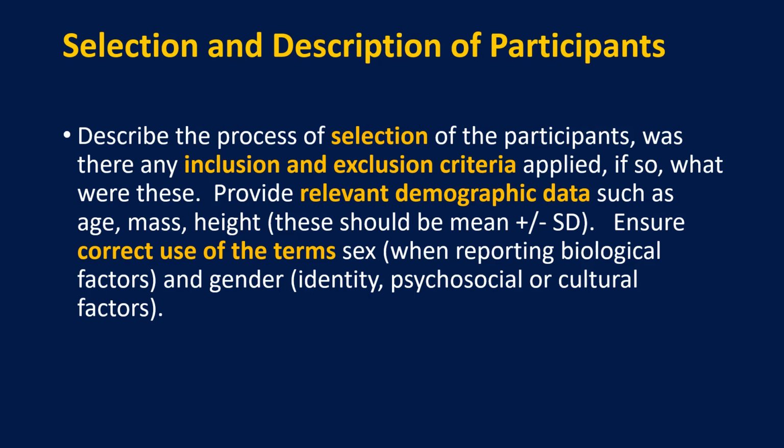The first thing that everybody tends to think about is information about their participants, what we call the demographic data. So if you're using humans, or even if you're working with animals as well, you'd report this kind of data. So typically things like age, mass, height, and remember that when you're reporting these, you're not going to report individual data, you're going to report the mean, because it is describing the population. So irrespective of whether you've used randomization or matched pairs design or whatever you've used in terms of your research design, you'd always